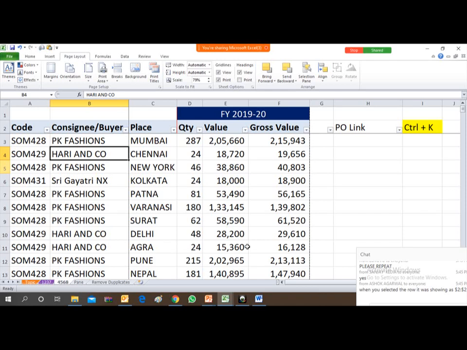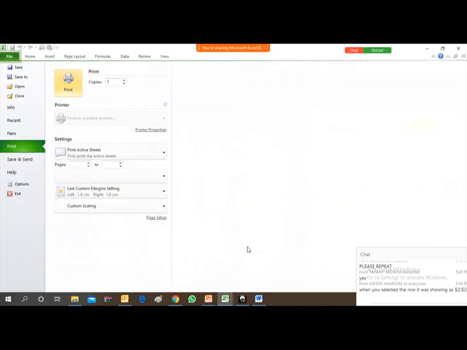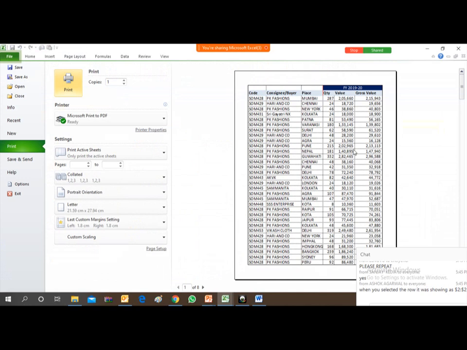If you go to print preview, press Control P, you will be able to see the print preview over here. Now friends, I have selected two rows. How to recognize that two rows have been selected as a header? Click on page number 2.